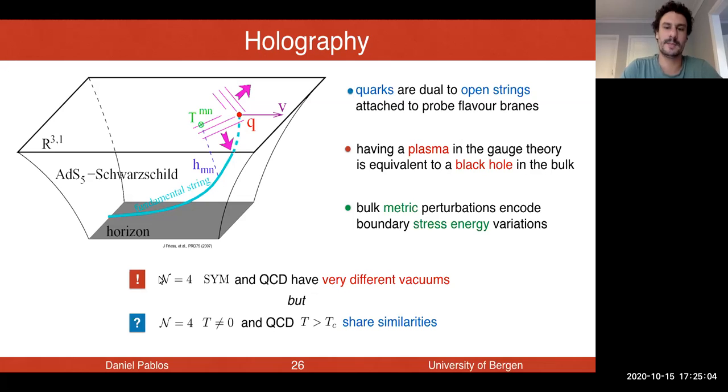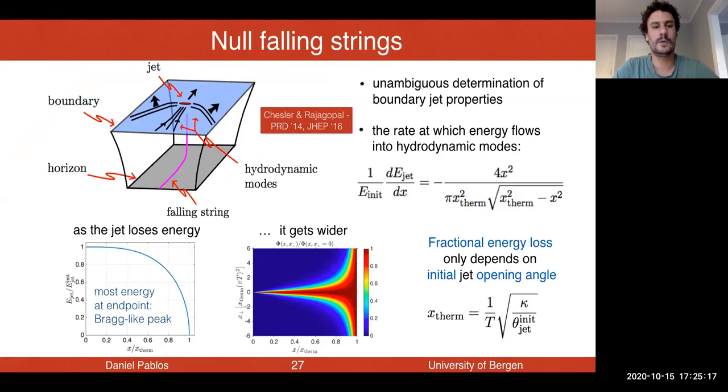It's of course never an apples to apples comparison, but we do gain a lot of insight by computing these things in the infinite coupling regime through holography. There have been several studies of jet energy loss in the context of holography, and one of the most